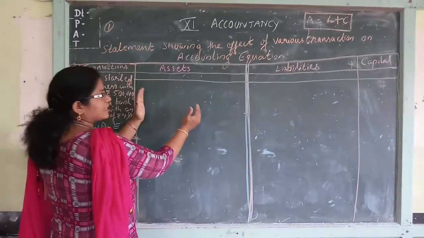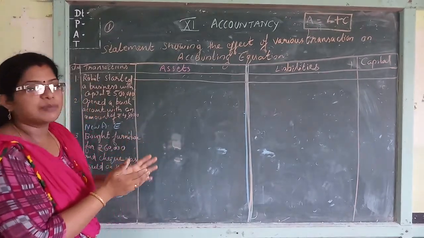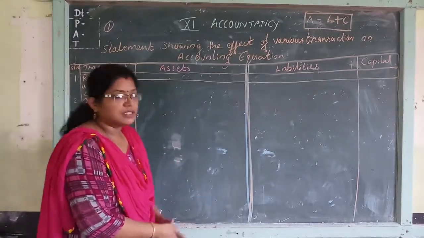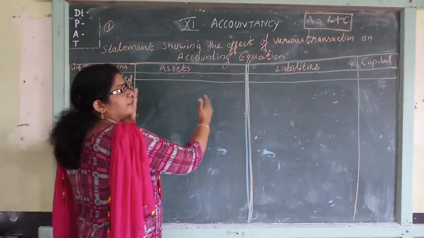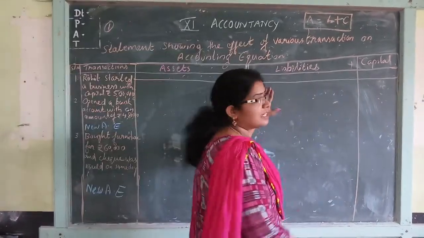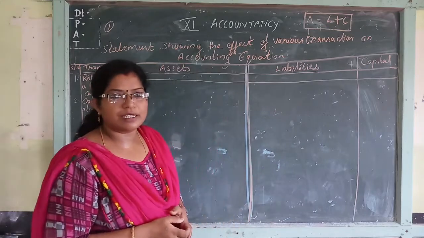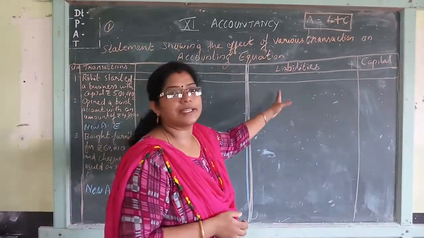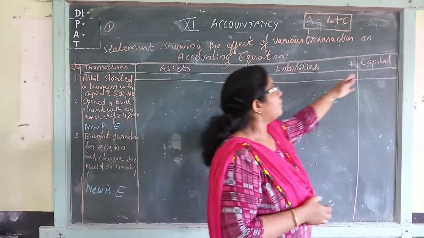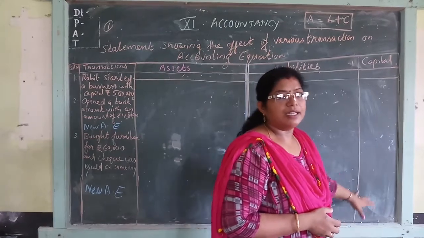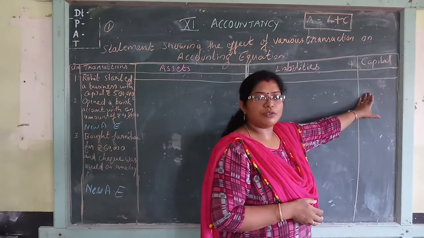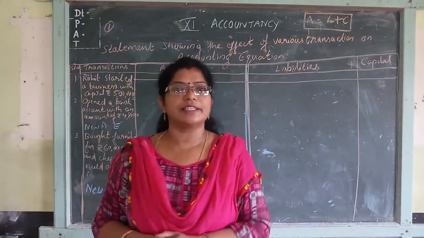But in the case of assets, the different assets coming in each transaction, again we want to make separate columns. That's why we give a small space here. That is the assets part, and this one is the liabilities. Different types of liabilities are also there, so according to that you create separate columns. Now the last column, that is the capital. Capital means the amount contributed by the owner. Mainly four things will affect that column.